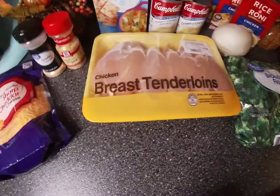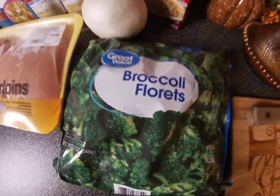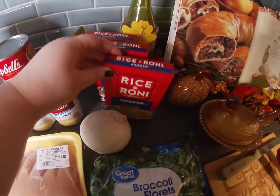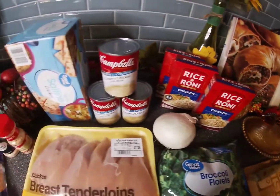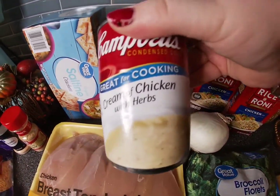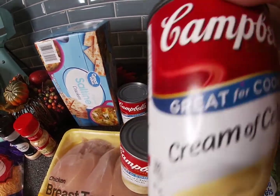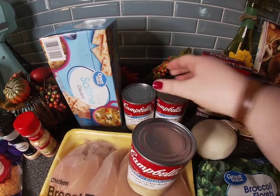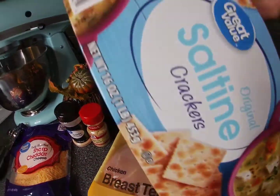Today I'm going to be making chicken, broccoli, and rice casserole. Here's some of my ingredients. Here's my chicken rice, and I'm going to add in some cream of chicken and herb soup, cream of celery, and then I have another cream of chicken and herb, some saltine crackers,